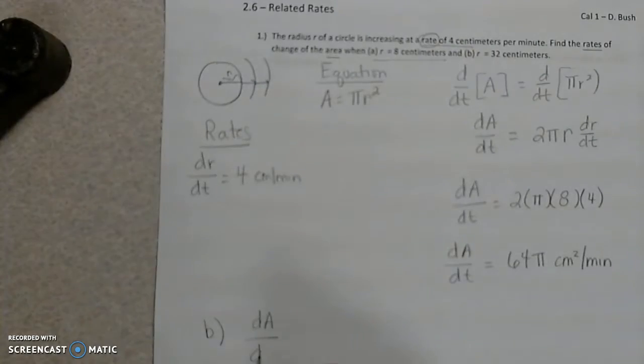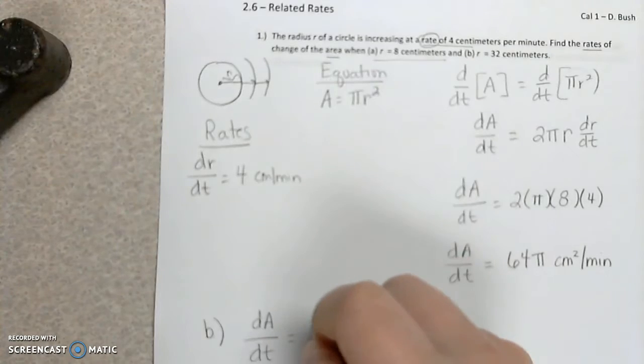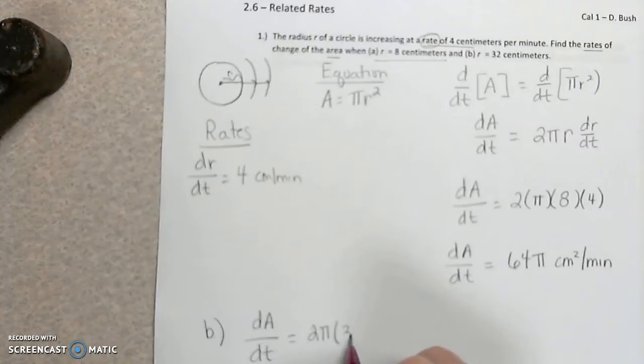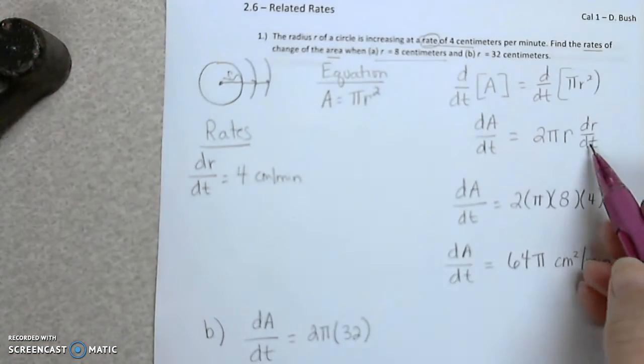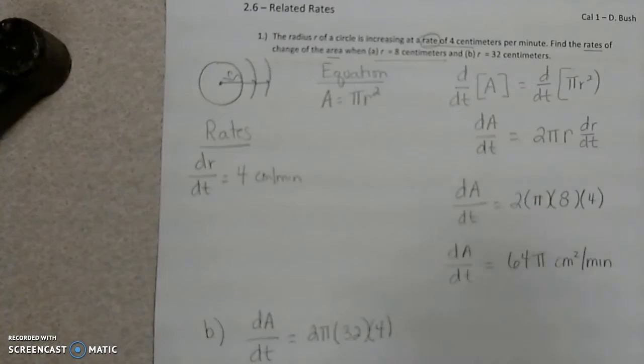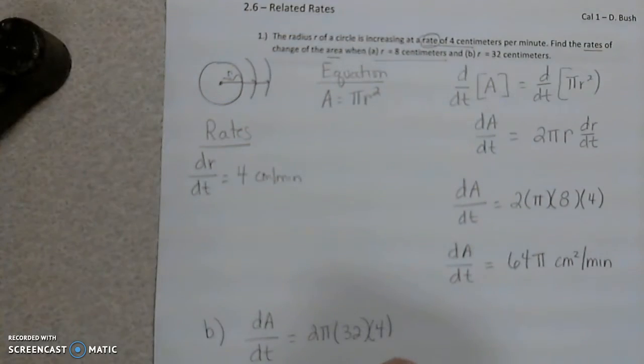The derivative of the area with respect to time is 2 times pi, and we said r is 32, and we said dr/dt is 4. So when I multiply that out, I'll have dA/dt equals 4 times 2 is 8, times 32 would be 256 pi